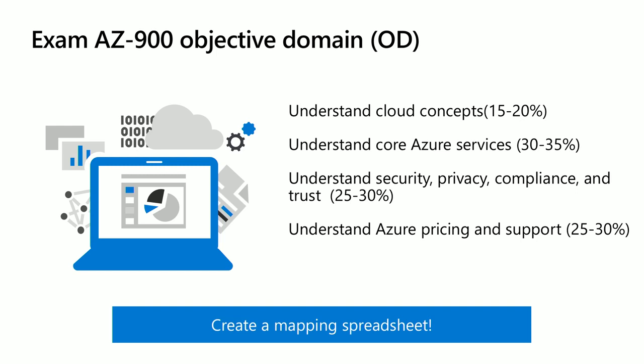So, regarding the spreadsheet, that's what I was saying. When you go to the exam page and look at the skills measured, there's going to be a link to see every single bullet point that's going to be on the exam. What I find helpful is to copy that out and put it into, say, an Excel spreadsheet or a Word table where you've got heading, subheading, subheading, and break down every single skill onto its own row. Because I want to encourage you to make sure you're familiar with every line item on that blueprint, because you'll see that on your exam.